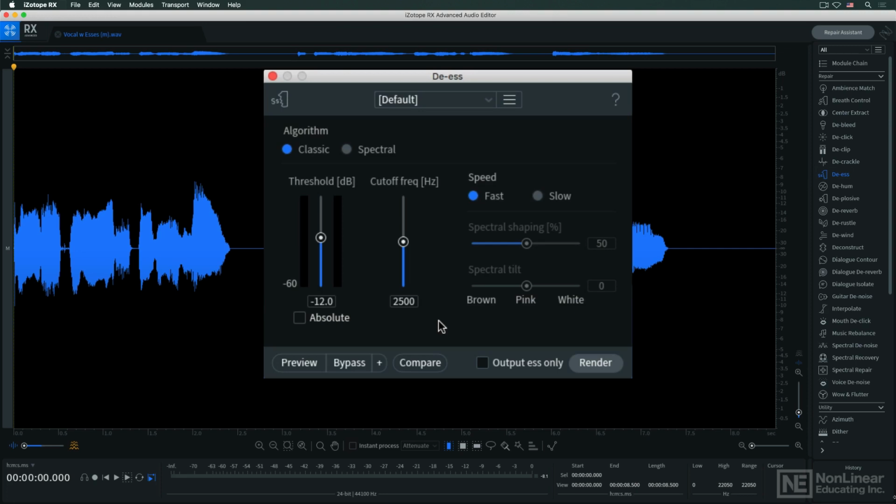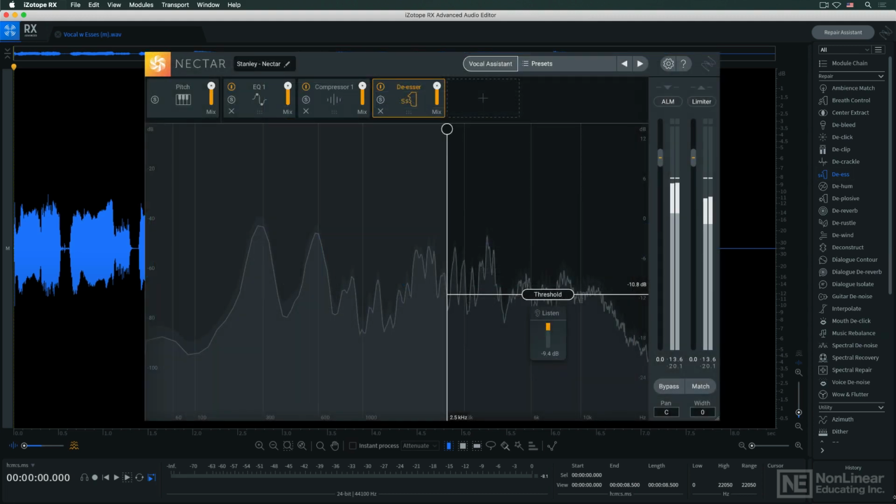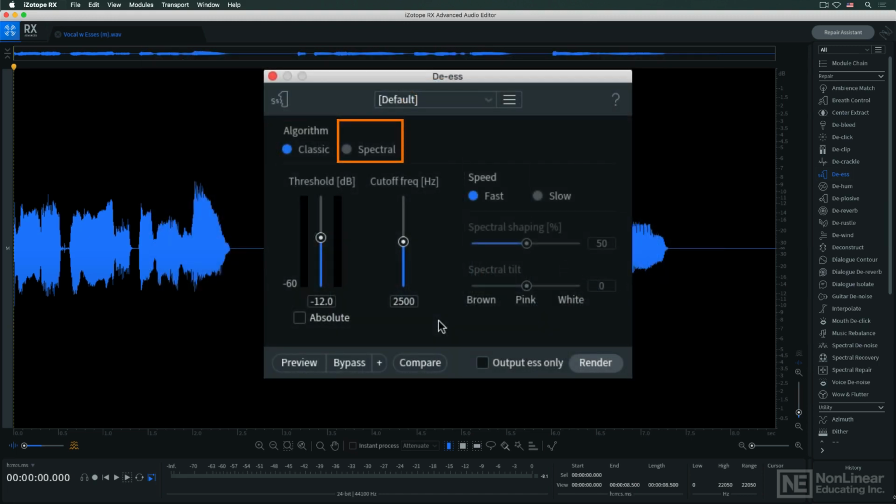Most notable is the option for 2 different operational modes. Classic mode is the more traditional approach. iZotope identifies it as the same de-essing algorithm used in Nectar, their vocal processing plugin. Spectral mode applies spectral techniques to the task of identifying and eliminating excessive S energy for a more sophisticated approach